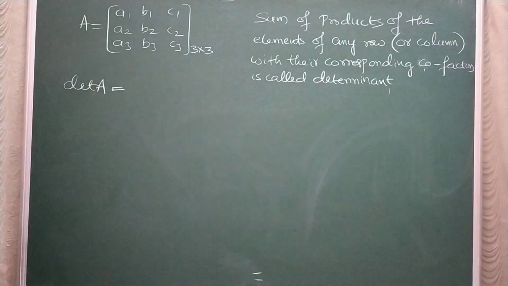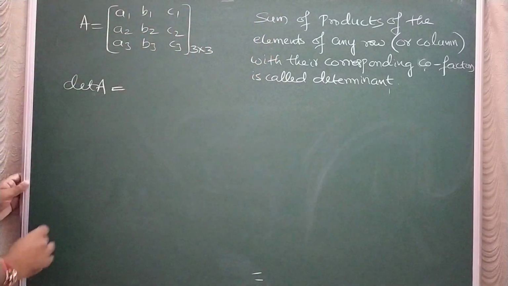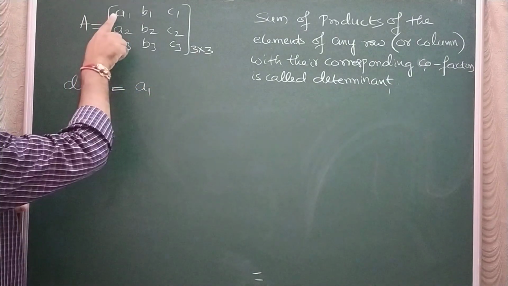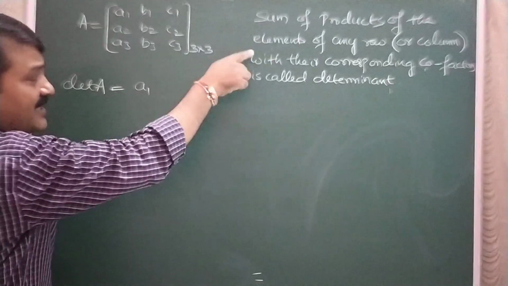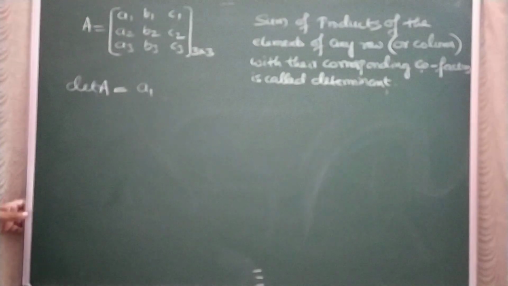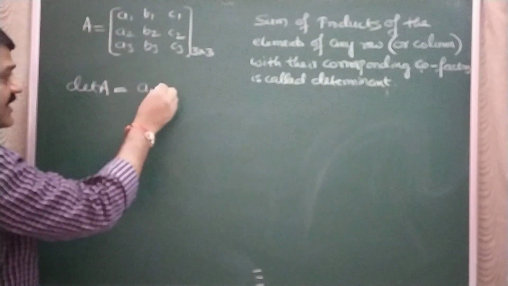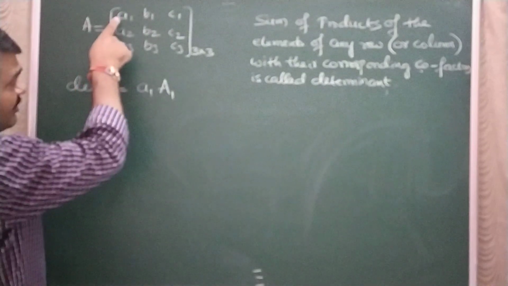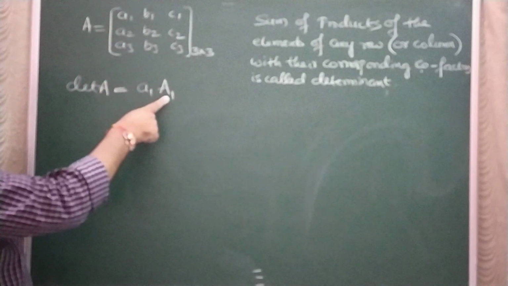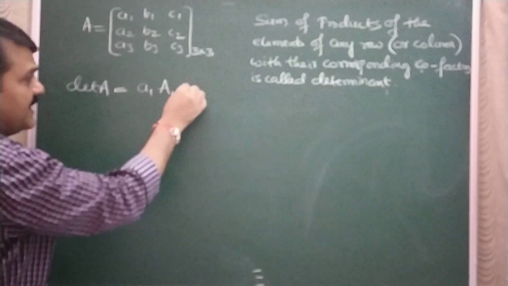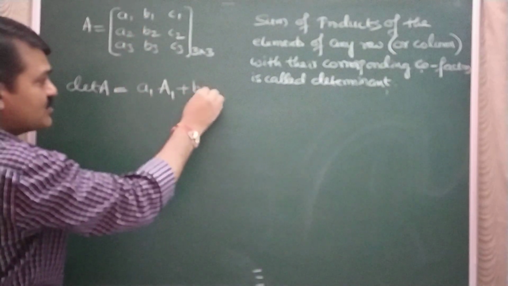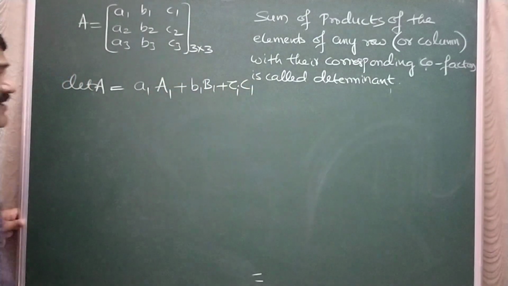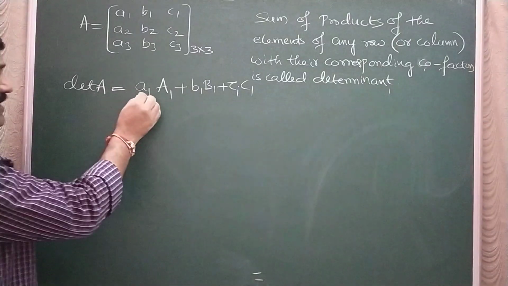I will take the first row, apply the definition. Sum of the products of elements of the first row with their corresponding cofactors means I should take A1 into its cofactor. Now the cofactor of A1, this is the symbol we'll use, plus B1 into its cofactor plus C1 into its cofactor. That's all. So the sum of the products